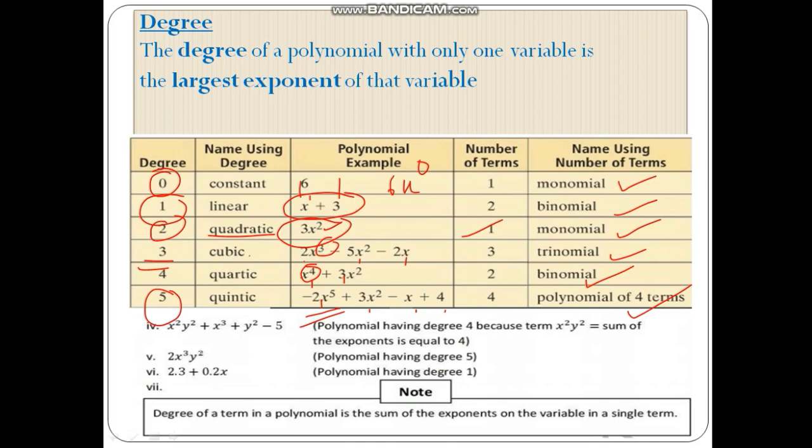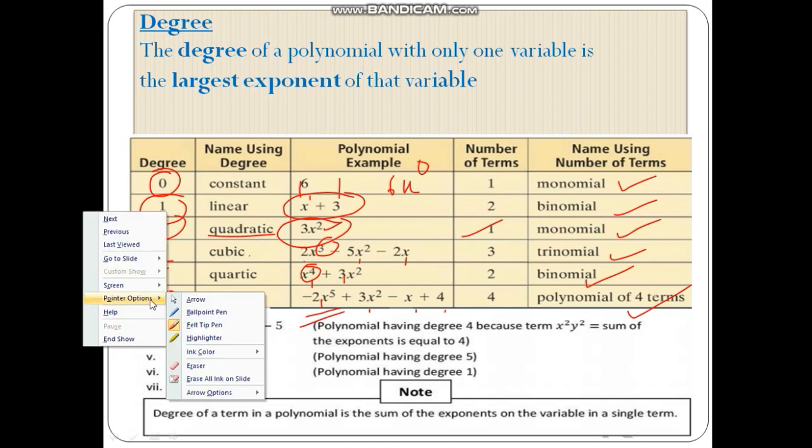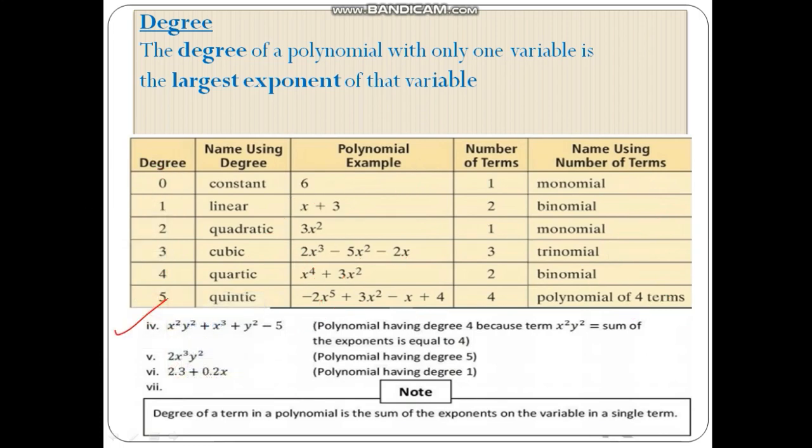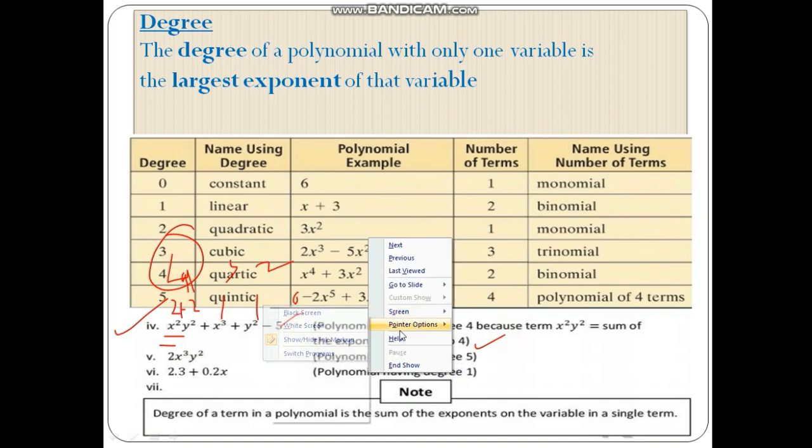And if we are talking about the degree of the polynomial, wait a minute, if we are talking about this one, then the polynomial has degree 4, because the term x having 2 degree and y having 2, so 2 plus 2, that is 4. This term having 3 degree, this term 2 and this is term 0. So the highest degree is 4. So this term having degree 4. I hope you are getting my point.